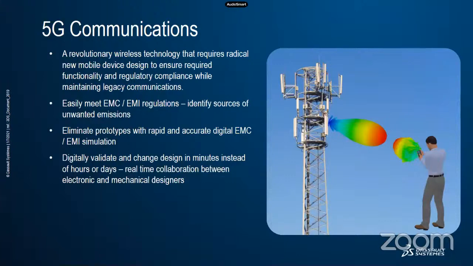And of course, for 5G communication, as I told you, we have electromagnetic simulation capabilities. CST is the software for that. With it, we can analyze antennas, electromagnetic compatibility, and electromagnetic interference regulations, so we can digitally validate the design. We can check whether the communication waves are proper and whether there are any unwanted emissions. That is also possible in CST.